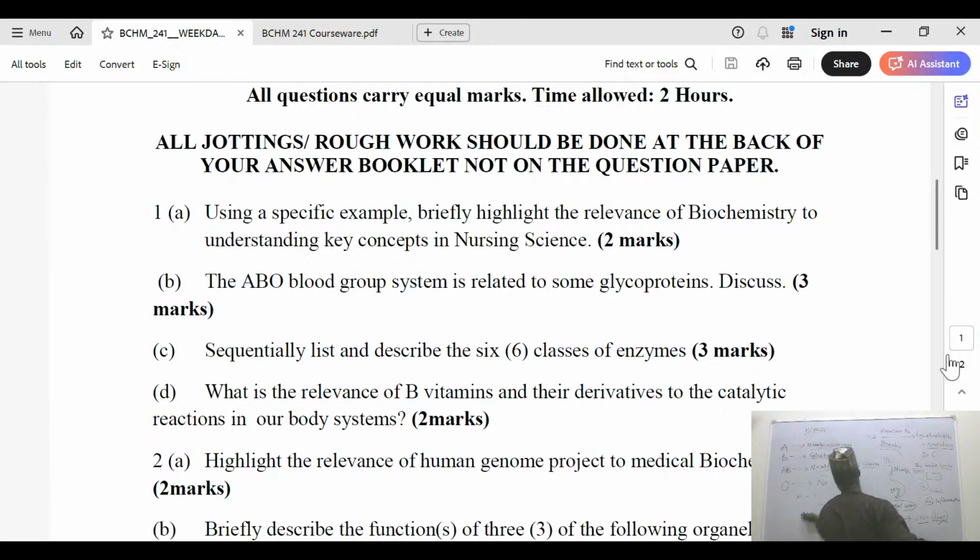So we are now going to list them. I think, ladies and gentlemen, from the beginning of this class, I gave you the definition of enzymes. I said that enzymes are biological catalysts that speed up the rate of chemical reactions. Generally, there are reactions in our body that can take years, that can take months for them to